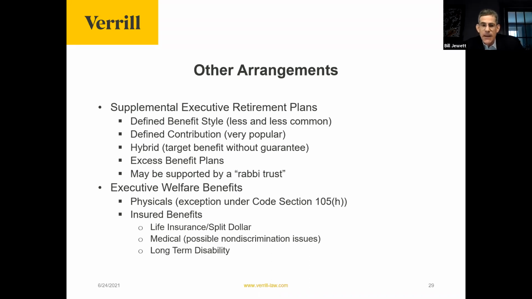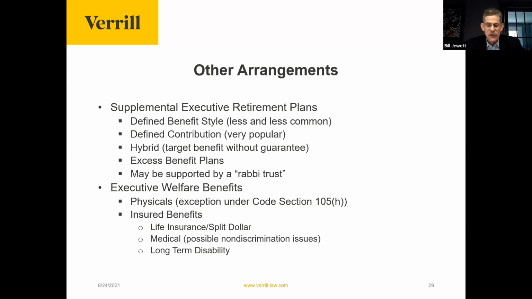So this might be something like, we will make a contribution, or we'll credit you in an account with an amount each year equal to the company matching contribution that you would have gotten under the 401k plan if the IRS didn't limit the amount of compensation that can be taken into account. And then we'll give you that benefit minus whatever the benefit is that you get under the 401k plan. And similarly, this can be done with defined benefits.